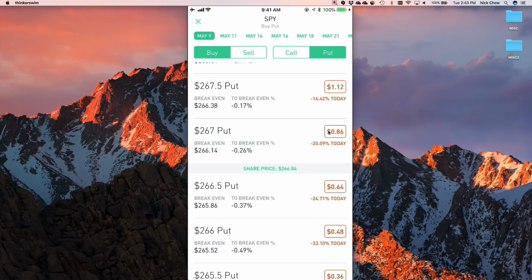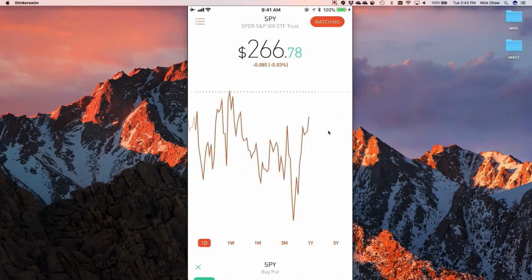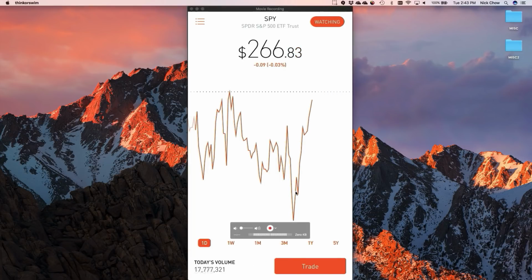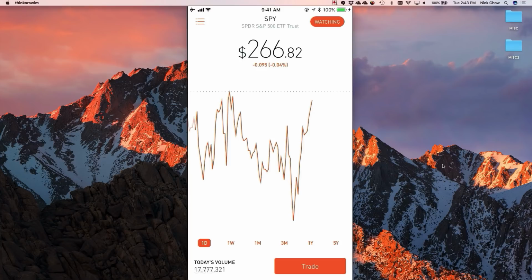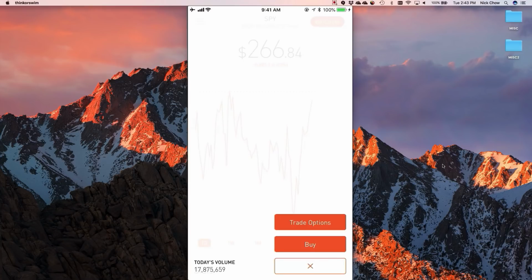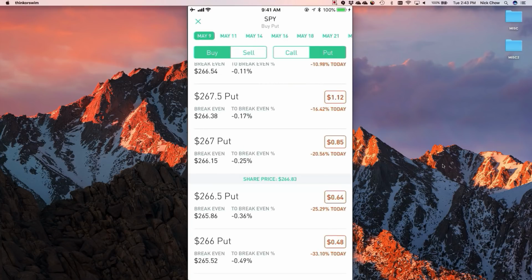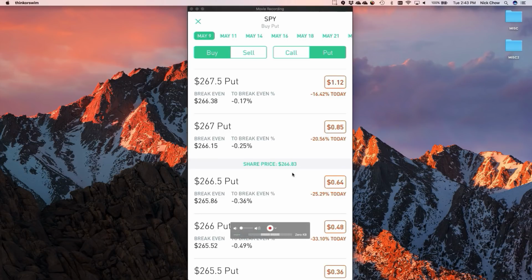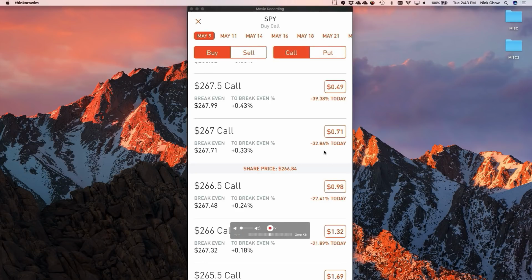Because they expire tomorrow, the market, let's see, did SPY go anywhere today? SPY really hasn't gone anywhere today. We're basically break even now. I mean, we've had some huge dips if you day traded it, but if you're holding it all day for tomorrow's expiration, that's what theta is going to do for you. These options are down 20% here on the puts, and the calls are down 32% and 27% and